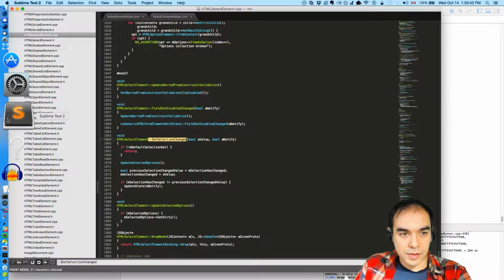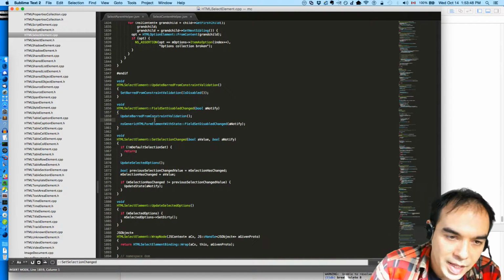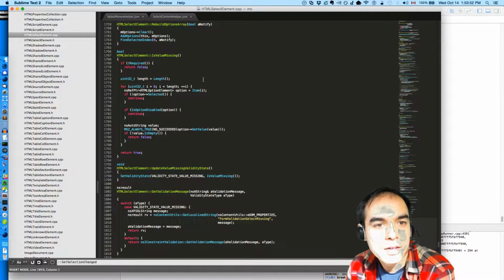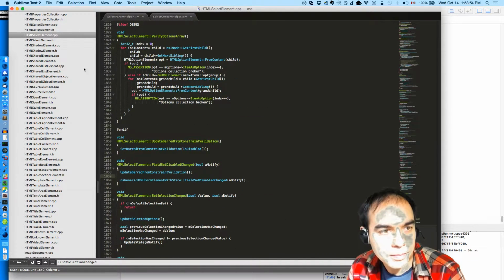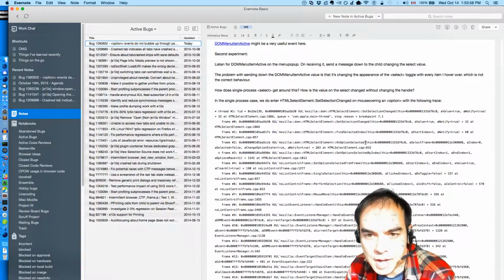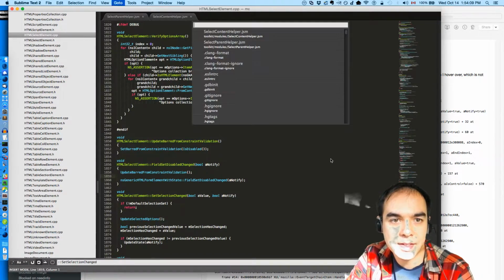Okay. Interesting. So what chooses what to display? Let's look at that stack again. We're inside set selection changed, inside set options selected from frame, and a list control frame.